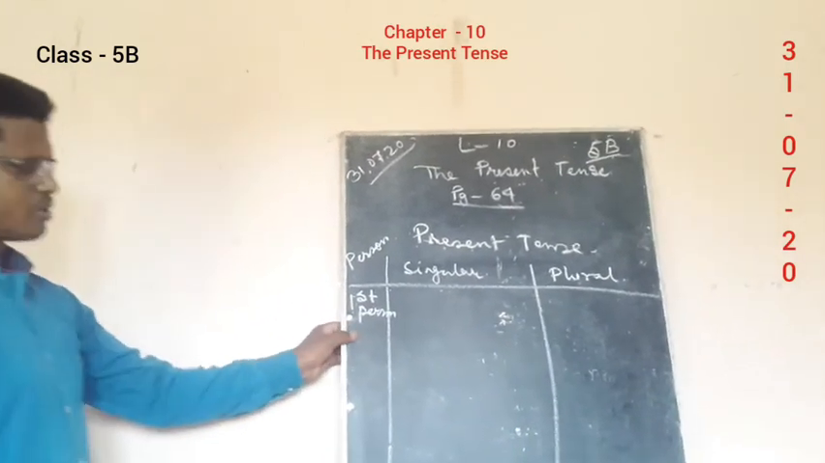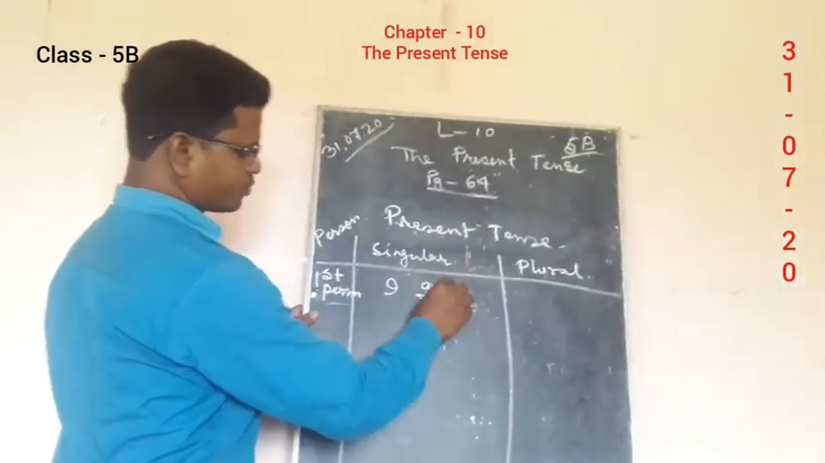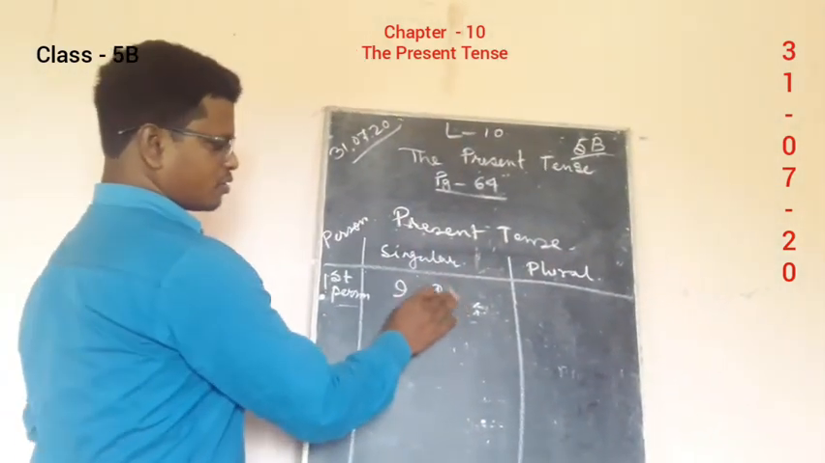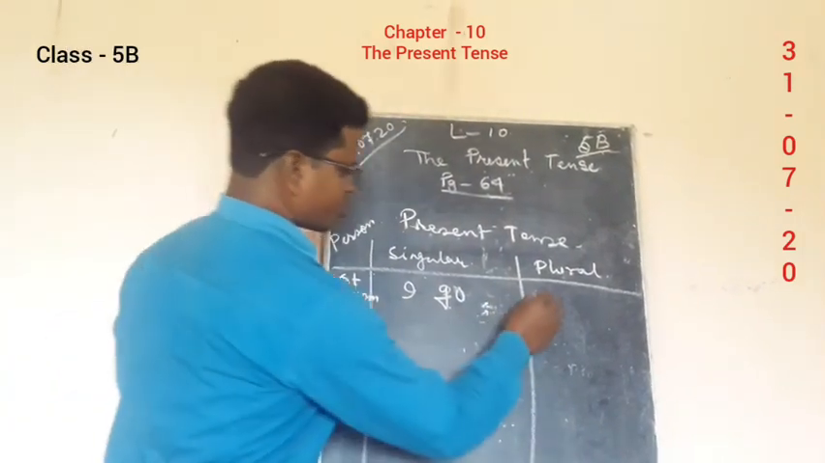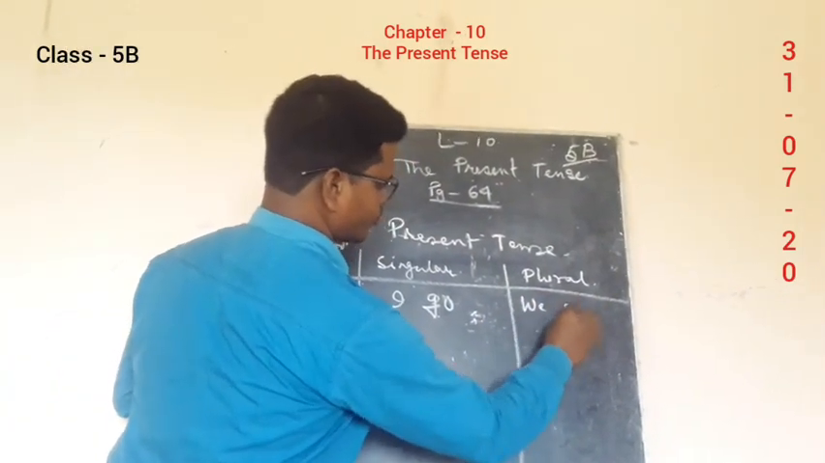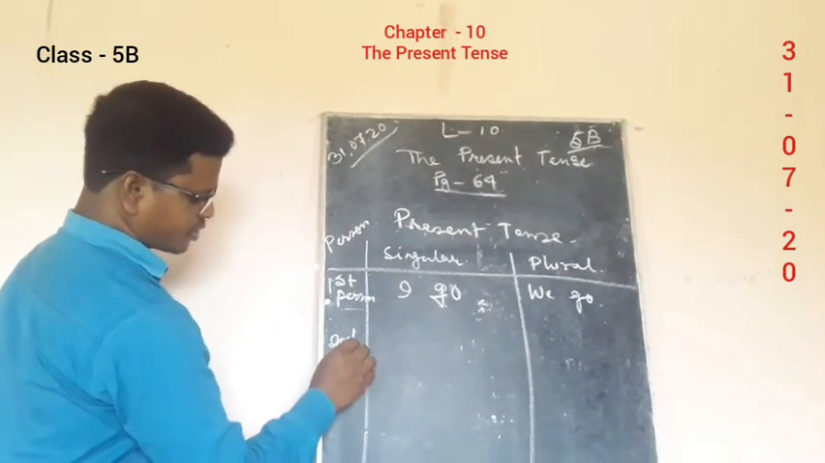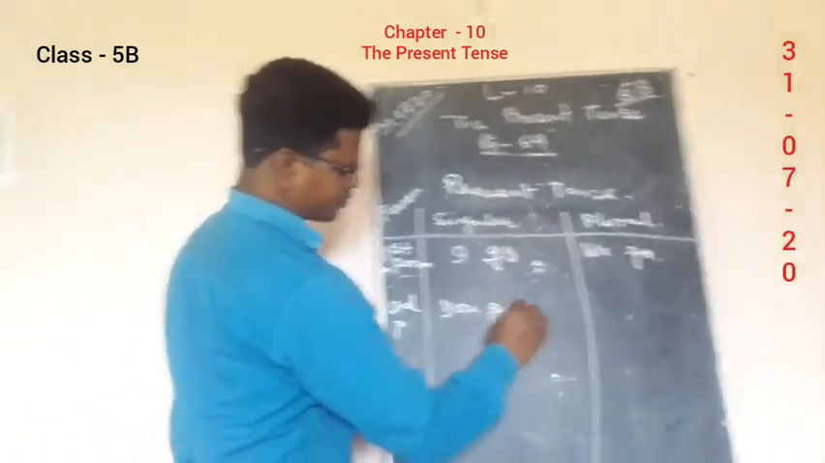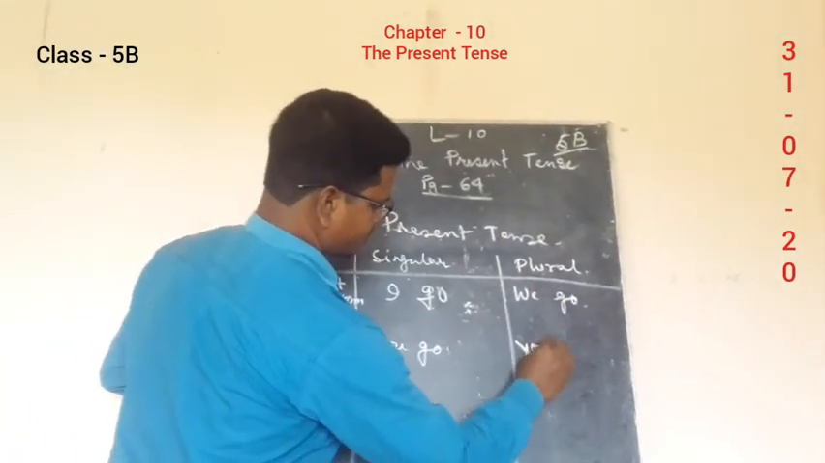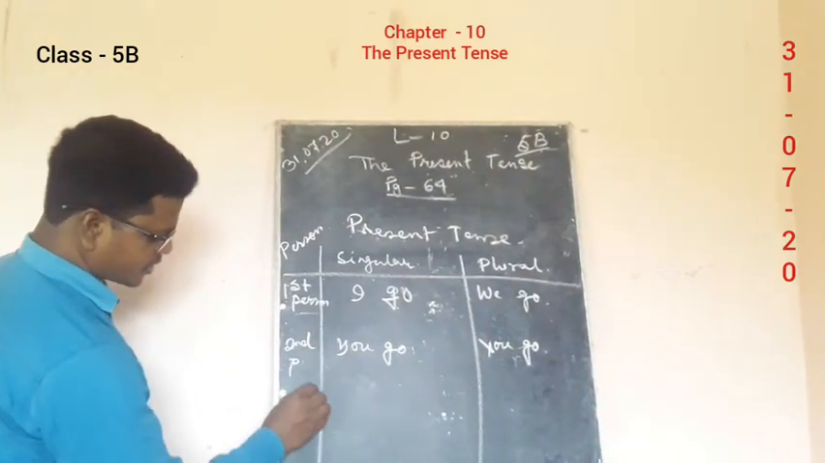The first person, what is the first person? We use I go. We'll take one verb over here. This is the root verb. And the first person plural, we go. Second person singular, you go. Second person plural also, we go. Third person singular,